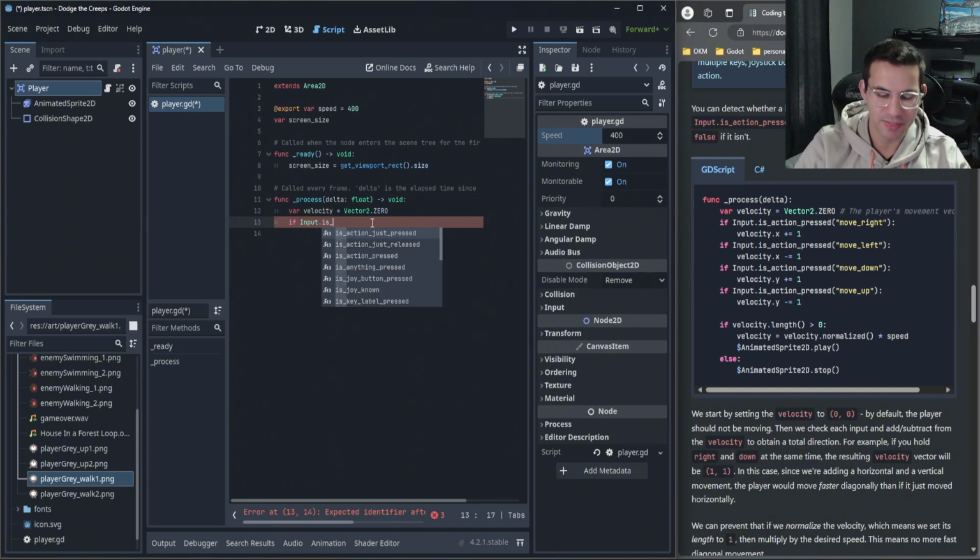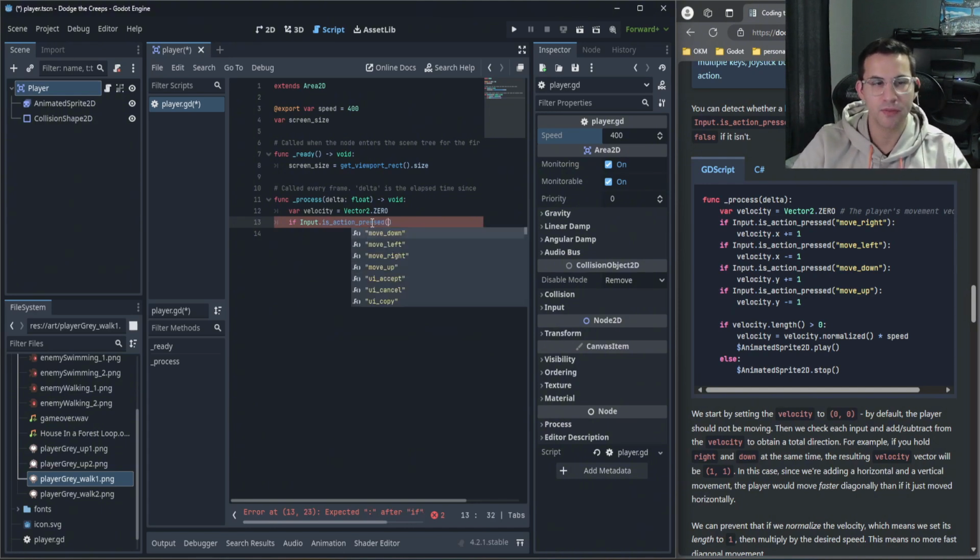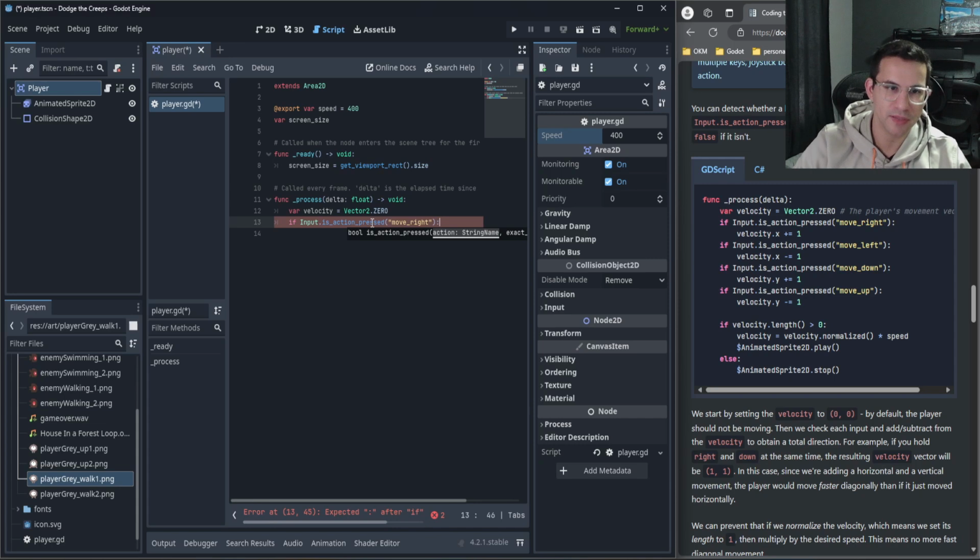They're using is_action_pressed. And it pops down a nice pre-generated list, including these ones that we just manually added to the project. So that's pretty convenient. And they start with move_right, and their if blocks end with a colon, new line,